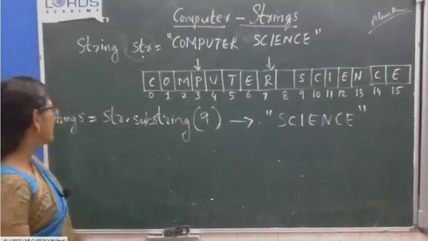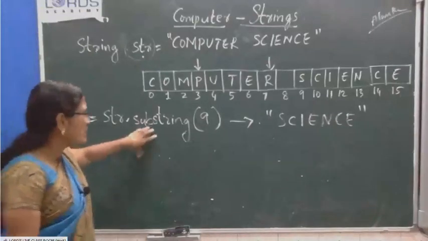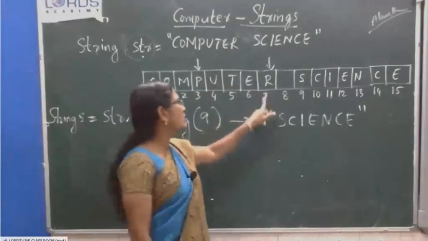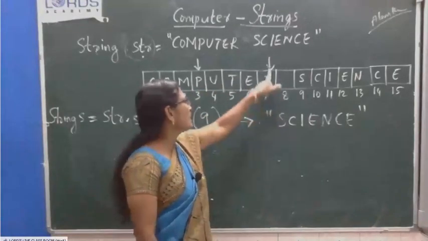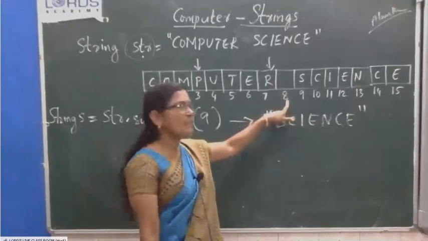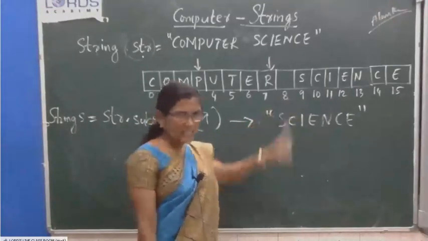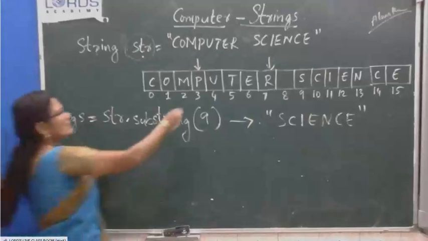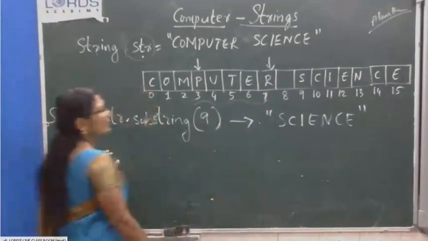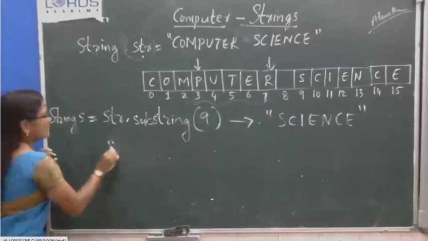So, what you have to do is, along with the substring function, give the starting index and the ending index. To extract the characters till 7 you have to give 8. Okay. The last specified index is excluded. So, to extract the characters from 3 to 7, okay, what you have to give? str dot